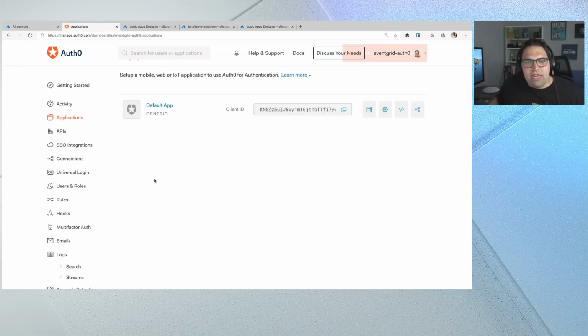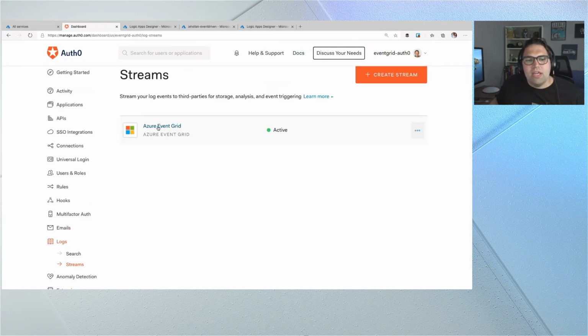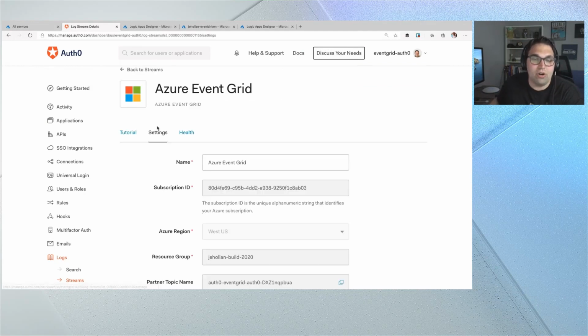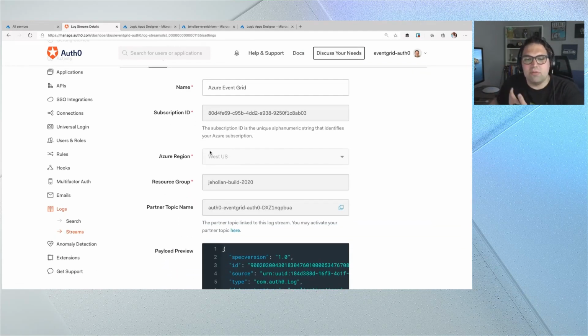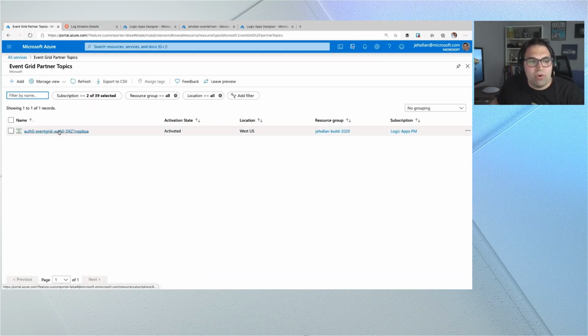So I have Auth0 over here. I've just got a default application. But because of this new partner topic functionality, I can actually come over here and right within Auth0 say, hey, send some of these logs, send these events to Azure Event Grid. And here I've configured it against my subscription, my resource group. And so now I have in my subscription through Event Grid that Auth0 events, any events, someone typed in the wrong password, someone new signed up, whatever events that are important from Auth0 are now being funneled through Event Grid. That gives me a whole bunch of benefits. And one of them is I can now start to go build other components to respond.